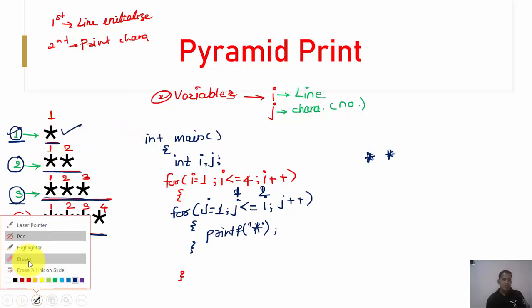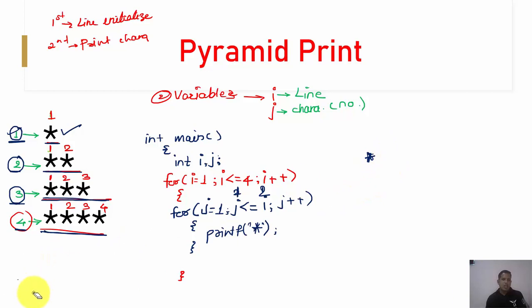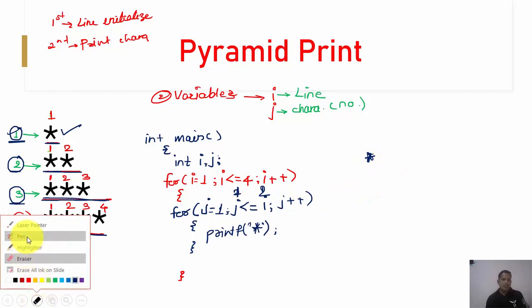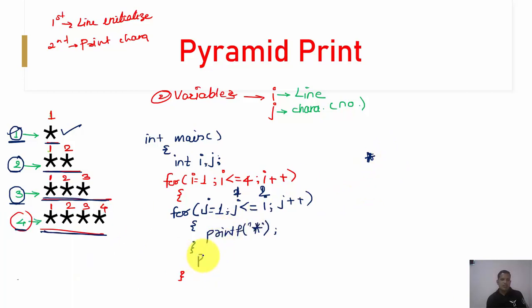And in order to do the same, I'm going to put one simple statement. And what is that statement? Simple printf backslash n, like this. So because of that, what will happen?